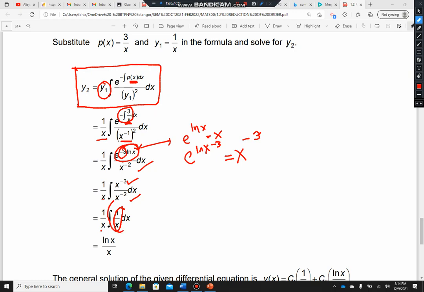And then just integrate this one. Integrate 1 over x, you get ln x. Since ada bawah ni ada x, so kat sini. So the general solution,